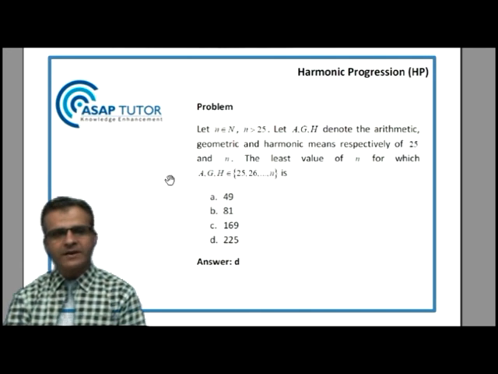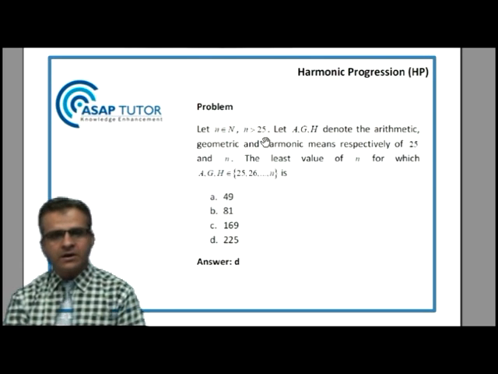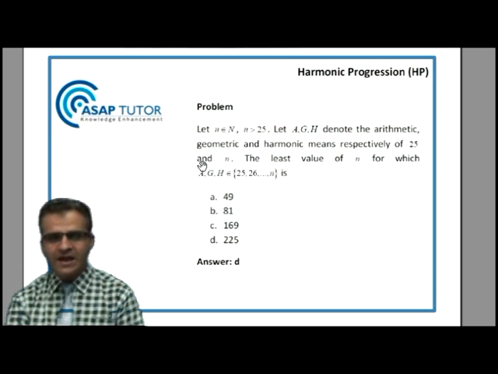Now here is one problem. Let small n belong to capital N, that is the set of natural numbers, and n is greater than 25, that is, n is a value greater than 25, so it can be 26, 27 and so on. And let A, G, H denote the arithmetic mean, geometric mean and harmonic mean respectively of 25 and n. Then the least value of n for which A, G, H belong to 25, 26 and so on up to n is